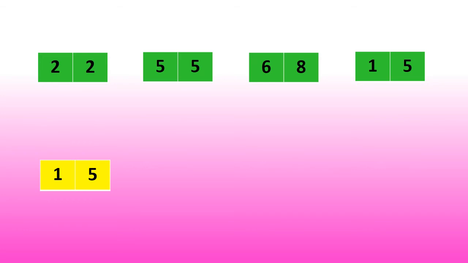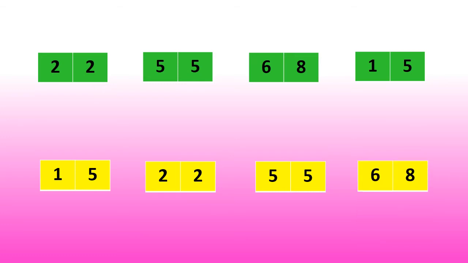Now we are left with 3 numbers, 22, 55 and 68. So, which is the smallest out of these 3? Yes, the number 22 with 2 tens is the smallest out of these 3. So, it will come next. Now we are left with the number 55 and the number 68. And we know that 5 tens are smaller than 6 tens. Hence, the number 55 will come next. And lastly, the number 68. So now, let's read these numbers in the ascending order.